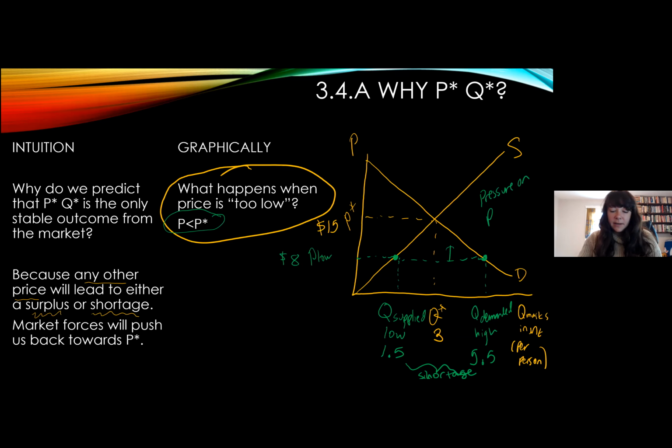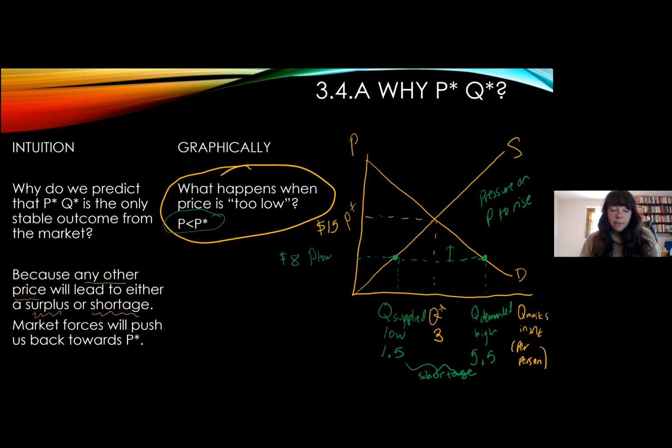If you are in a shortage situation, you say, hey, come on, I know $8 isn't worth your time, but just give me the last one you have left and I'll pay you 10, I'll pay you 12. But you're bribing people to give you the good because the good is not available at the price that the market has set, right? So I think there's a lot of assumptions that make this kind of hard to see in real life, but remember, we're assuming all these masks are exactly the same. Everybody knows the price and quality. All of our assumptions are still there in the background.